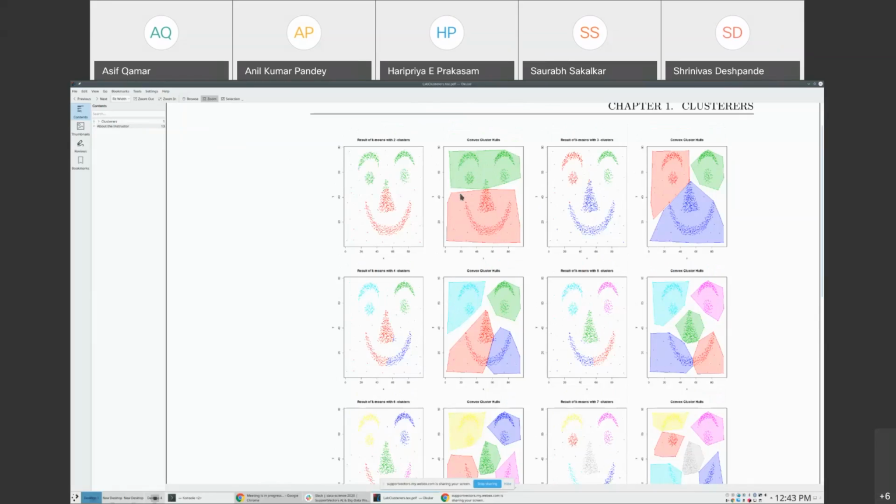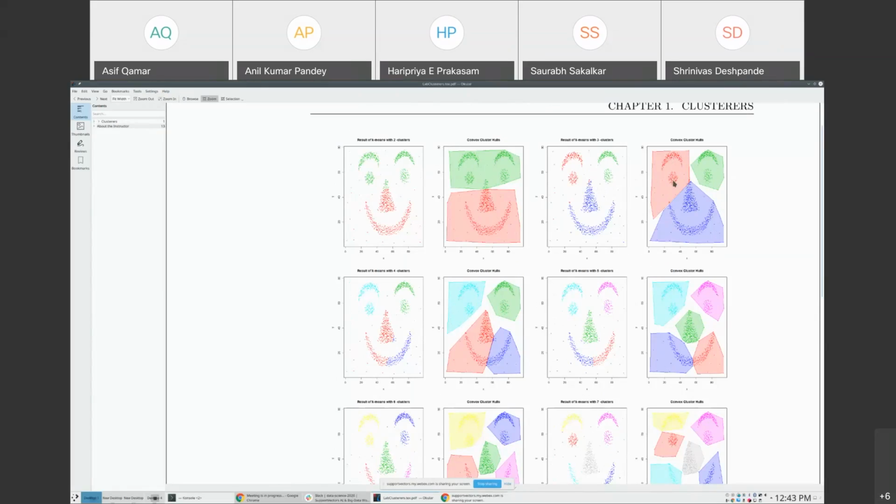No. Would you consider it a good clustering? Now look at k is equal to 3. Here it breaks it up into 3 places. Now you notice that Haripriya, you said that k is equal to 3 looks like maybe an elbow point. Yes. It is a reasonably clear clustering, except that it misses the fact that nose and lips should be separate